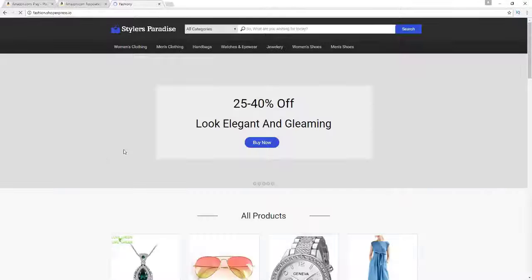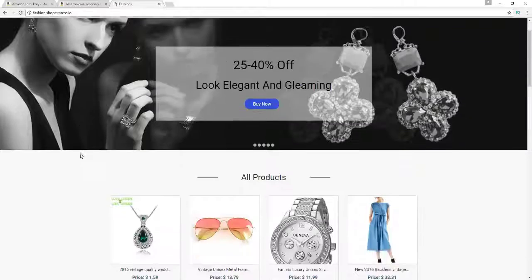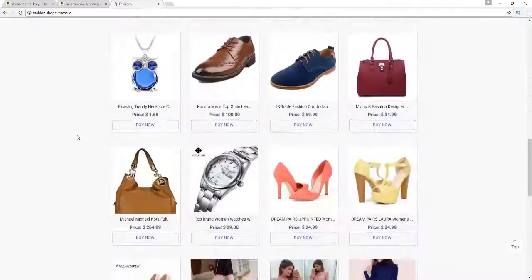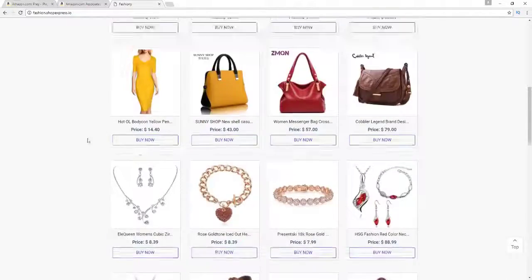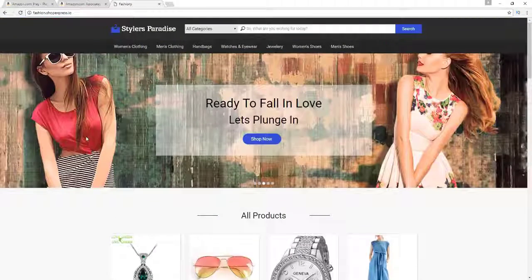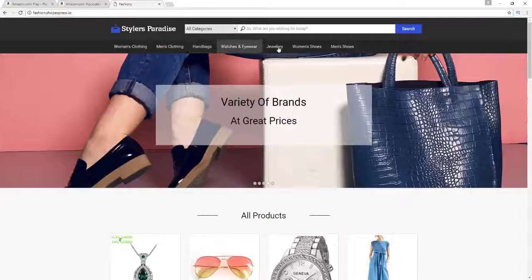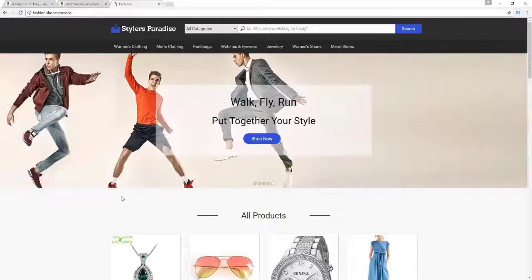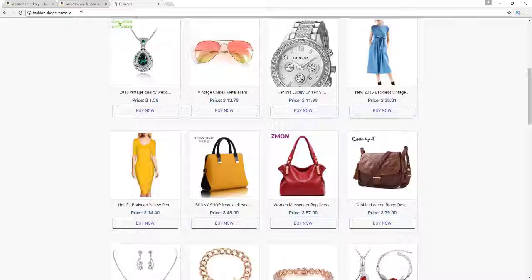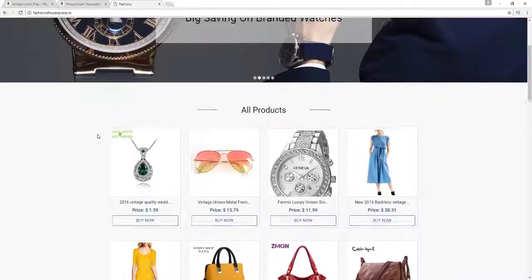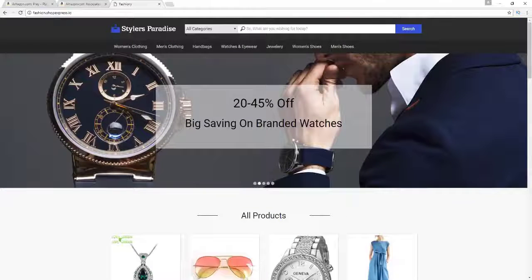All right, so let's take a look at a store that you can build. This is an example of one of the stores that you can build in under 10 minutes, full of products in your niche that are highly relevant that people are buying right now, right? So you can have different categories, like I was showing you: women's clothing, men's clothing, handbags, and this is just an example of a fashion store. Like I said, you can promote anything on the Amazon website and easily have it in your store with your affiliate ID coded